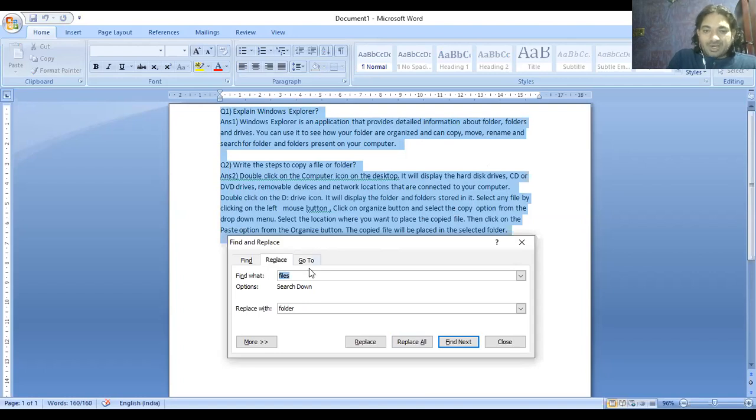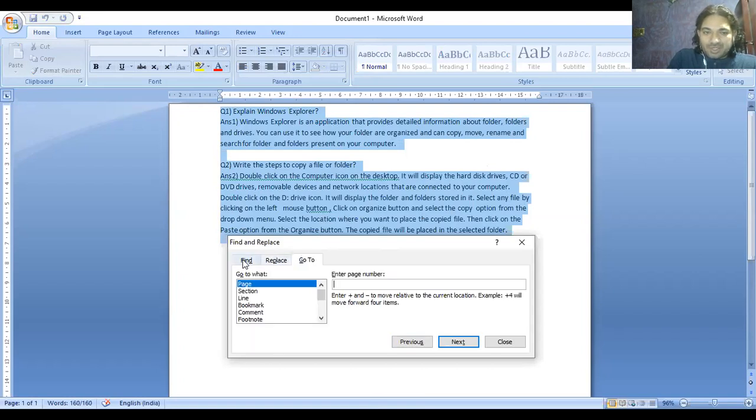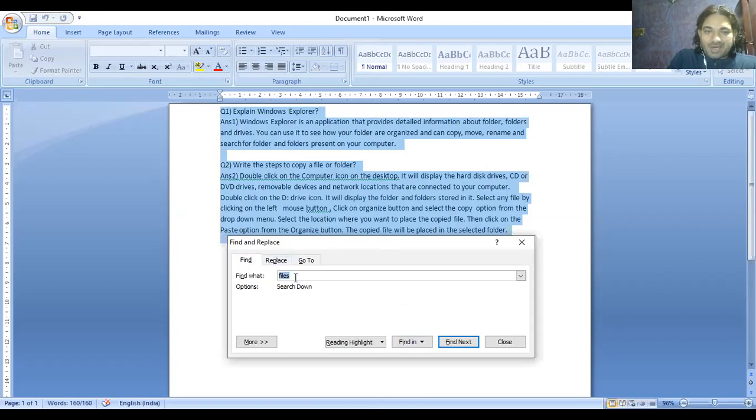Now again I make a change. I go back and replace the word folder back to file. So I'm changing it.